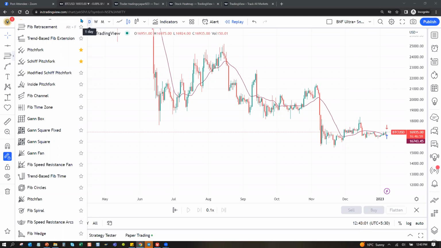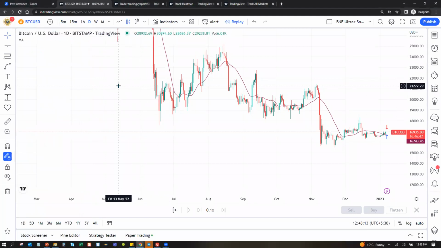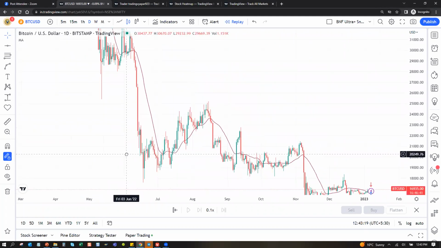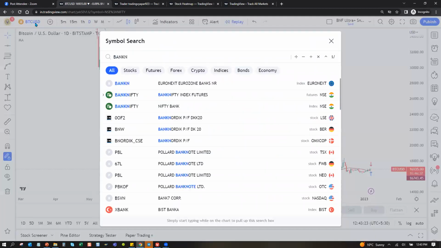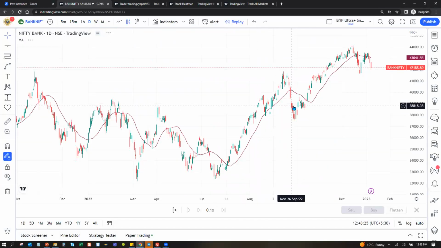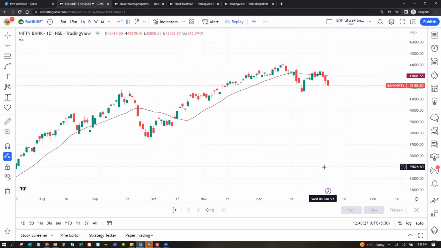Yeah, that's what I was emphasizing. You just sit in front of the chart, see what all symbols and icons are there, keep clicking each and every one. You will find further options there, and you just go exploring. You have to really spend time to learn. It's very difficult to reach the level of Mohit sir. He must have really spent a lot of time on this. We are really thankful to him.